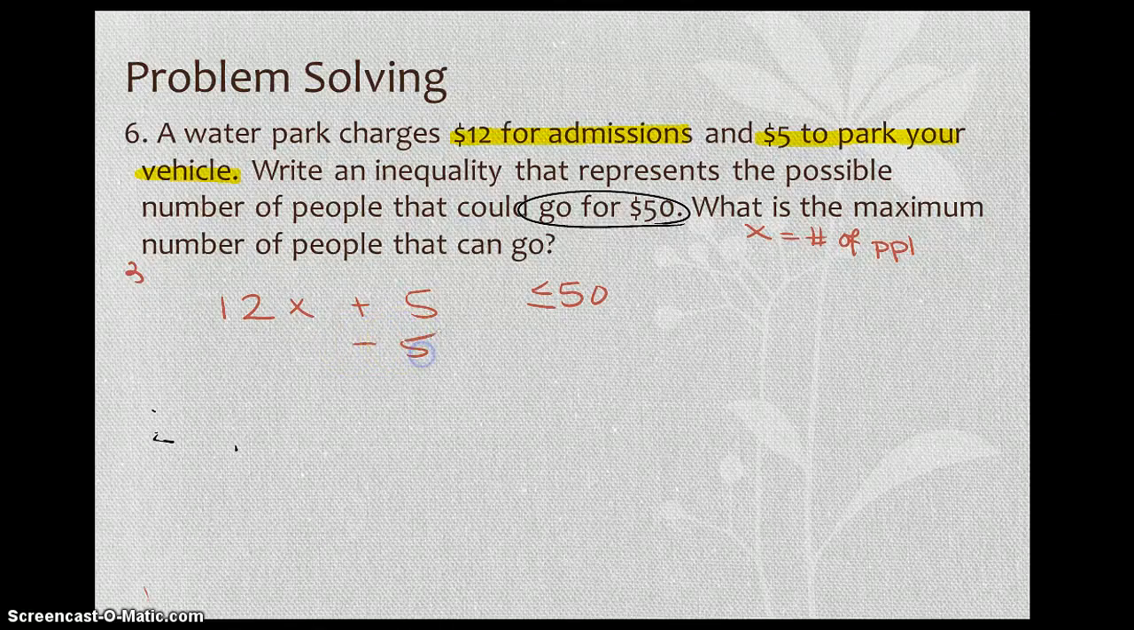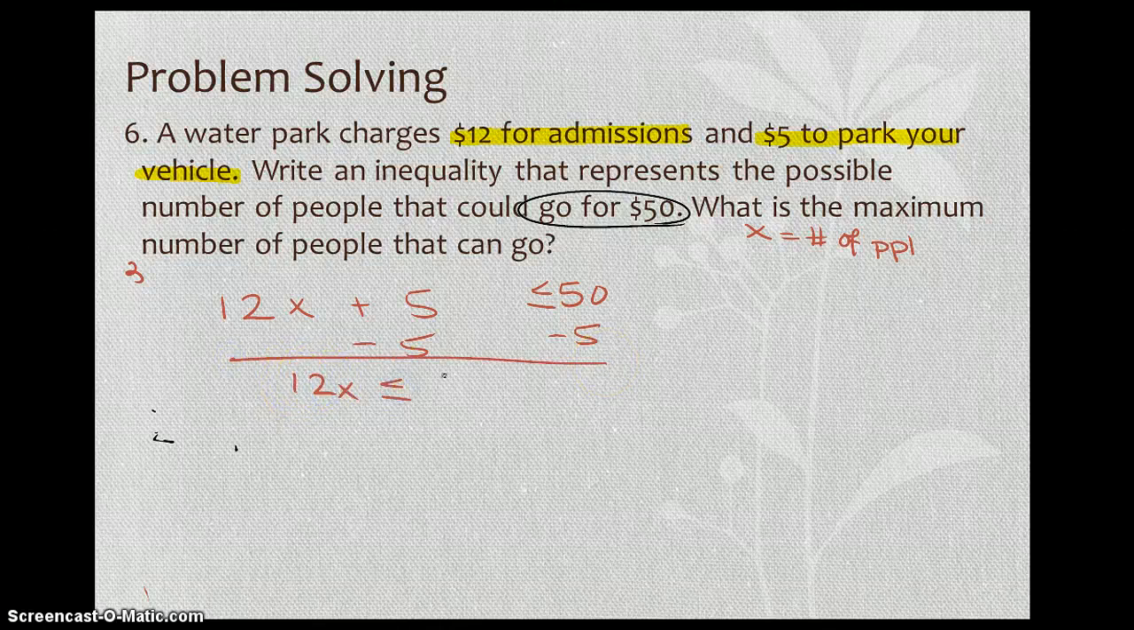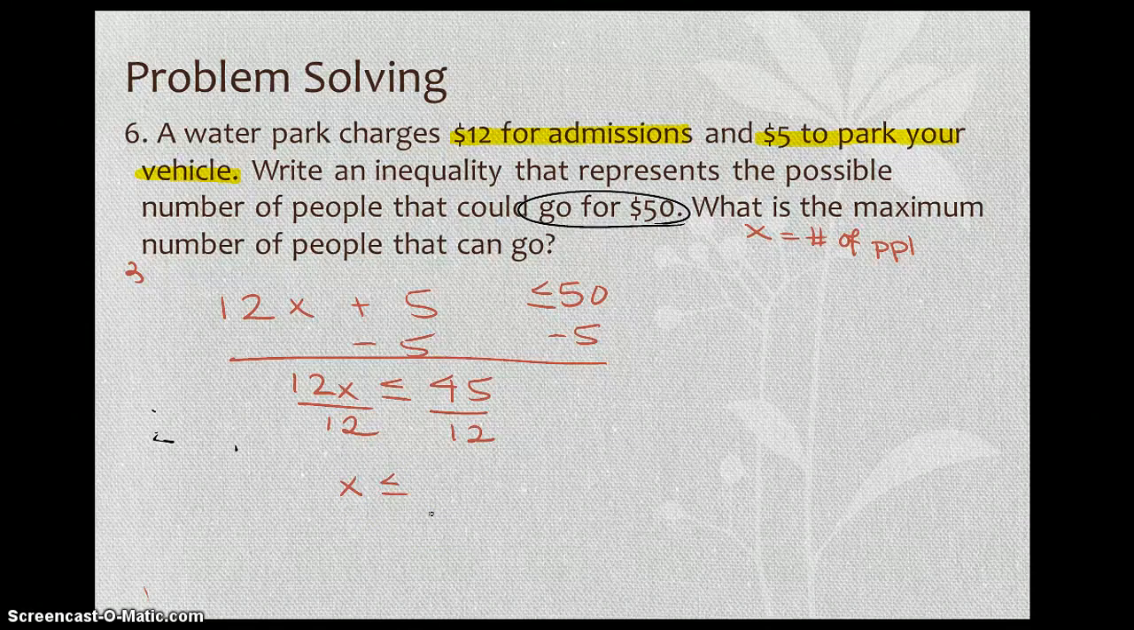So then you're going to subtract 5 and subtract 5 from both sides. And I just crossed off my 5. And you get 12x is less than or equal to 45. From here, you're going to divide by 12 and divide by 12. X is less than or equal to, I don't know, 3 and some change. Let's use a calculator to divide 45 by 12. And when you do that, you get